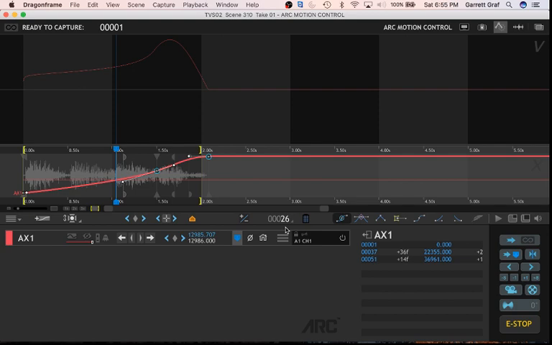I am not aware of any way of getting Dragonframe for free. So if you can't afford Dragonframe, definitely don't say, well, I guess I can't stop motion animate because I don't have Dragonframe. No, keep doing it, because